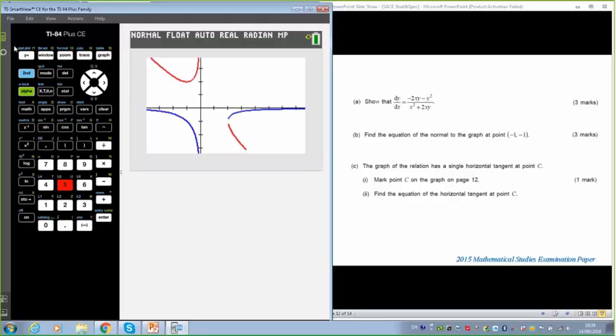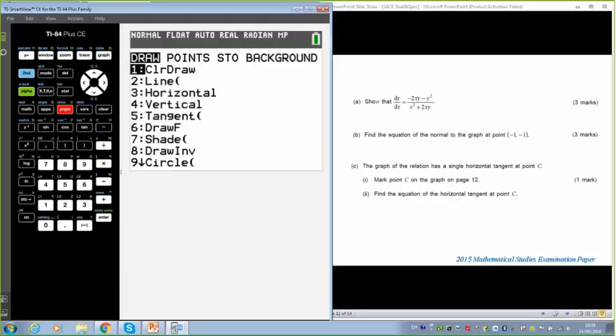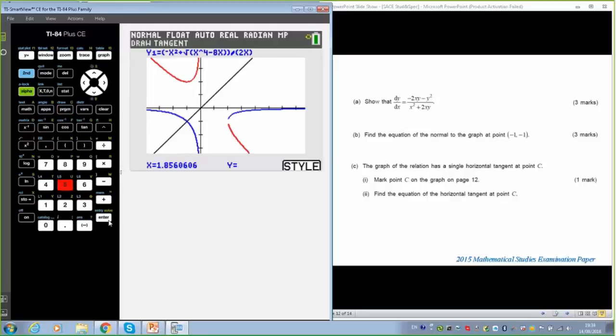In fact, I think we will, because it was drawn in. So no dramas. When we draw it, it disappears again, or we press clear draw and it will go as well. Let's just put that tangent back in on the blue line at -1. And there it is. Now that is definitely looking 90 degrees. Beautiful.